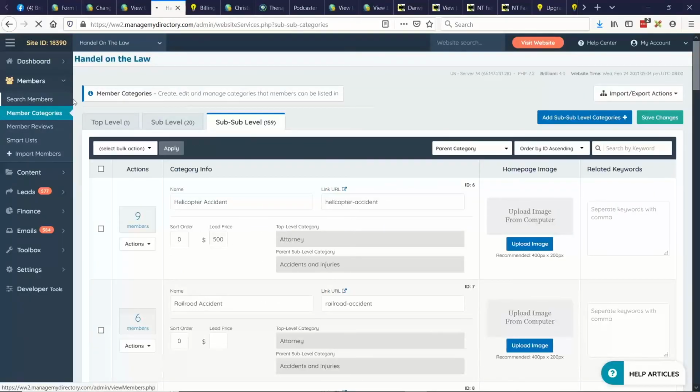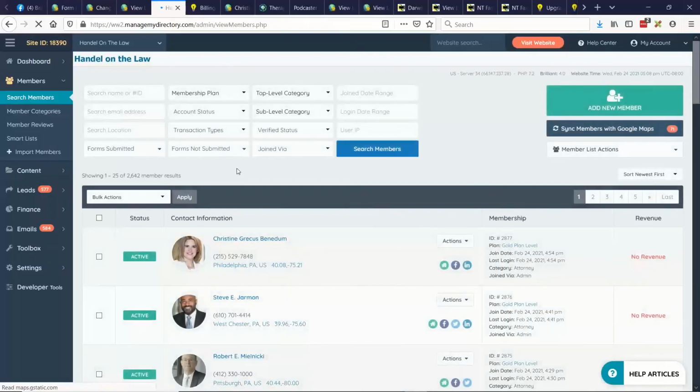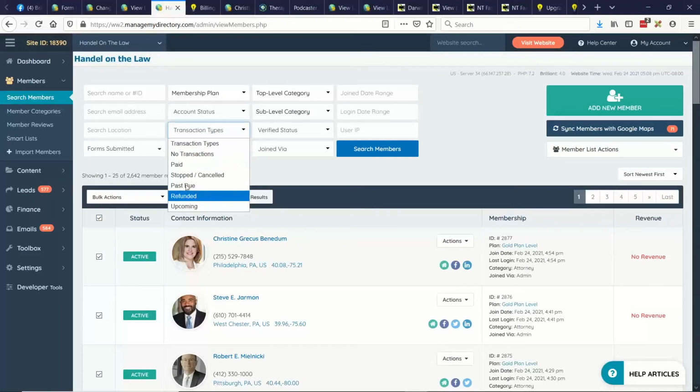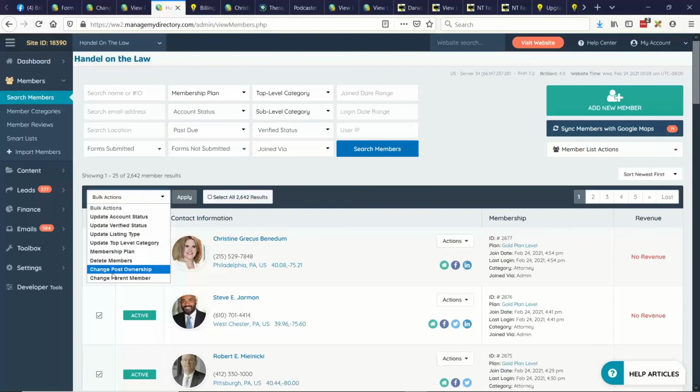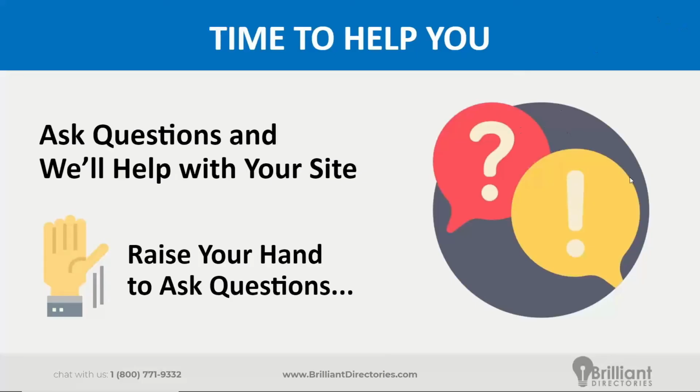So I'll just show you an example. They can do this from time to time. It's not mission critical. Maybe they want to do it a couple times a month. You can search for members, transaction types, and look for members who currently have past due transactions. So their payment didn't go through, and then you can go ahead and do a bulk change of their membership plan here if putting them on hold isn't enough. And that's not part of the add-on. This is standard. Yeah, okay. Identifying who's past due and then bulk updating their membership plan to be whatever you want to downgrade them to.